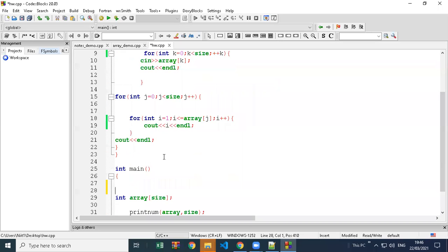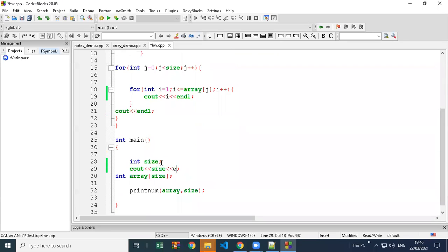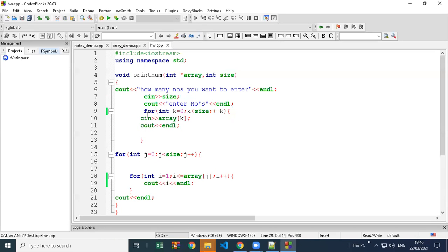I think I deleted that line. So the size variable value by default is 0 or some random value. So array size is 0 by default, and then how is it taking 5 values? Because C++ allows taking multiple values in the array.